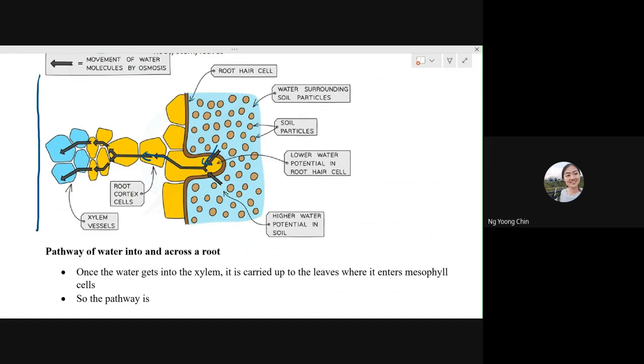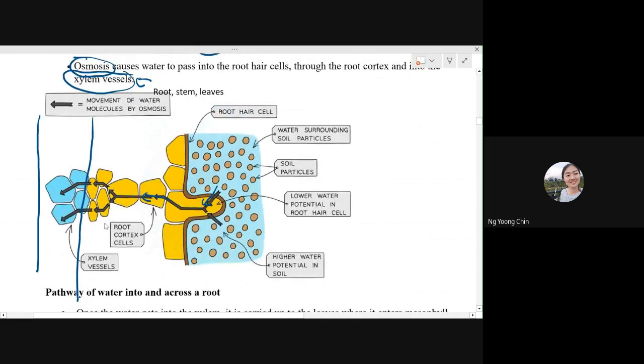So imagine that this is a xylem vessel. A xylem vessel looks just like a drinking straw. Why do I say it this way? Because a xylem vessel is a long tube. It's a long cylindrical tube, just a tube, and inside the xylem vessel is empty. So when the water gets into the xylem vessel,